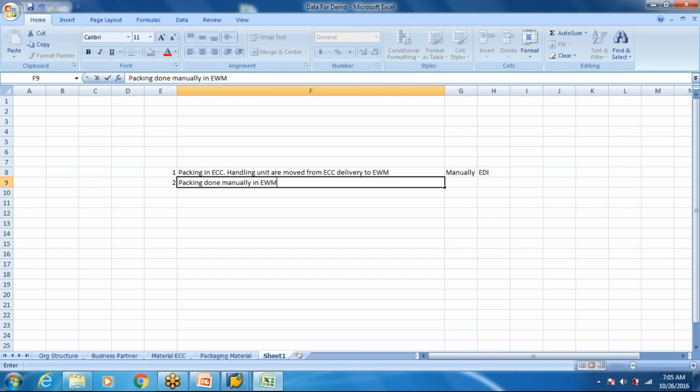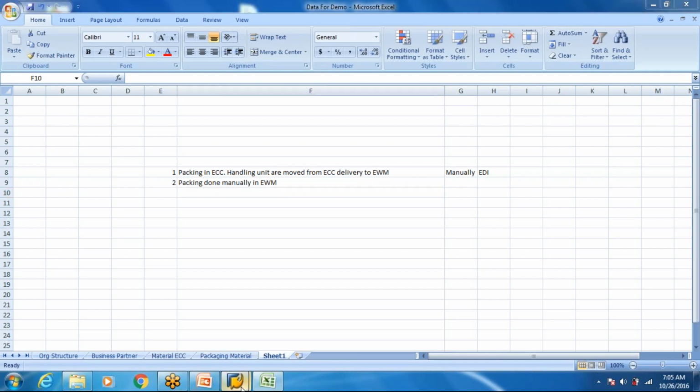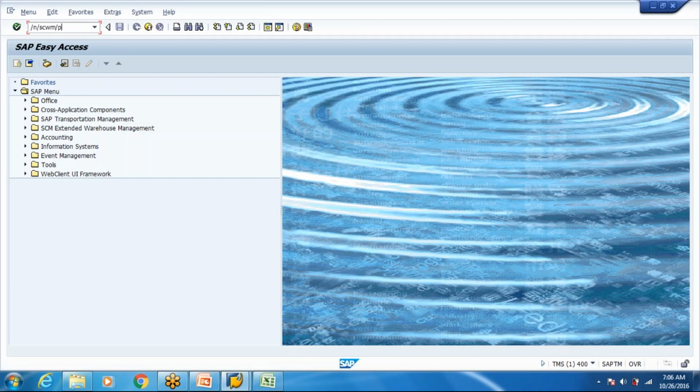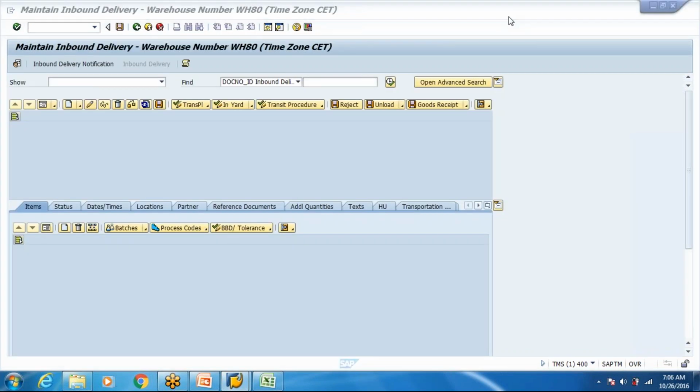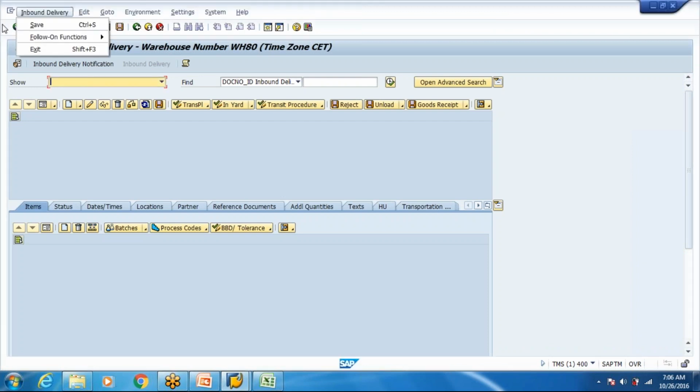So we went into the EWM delivery and did a manual packing. We followed the function pack and did some packing.